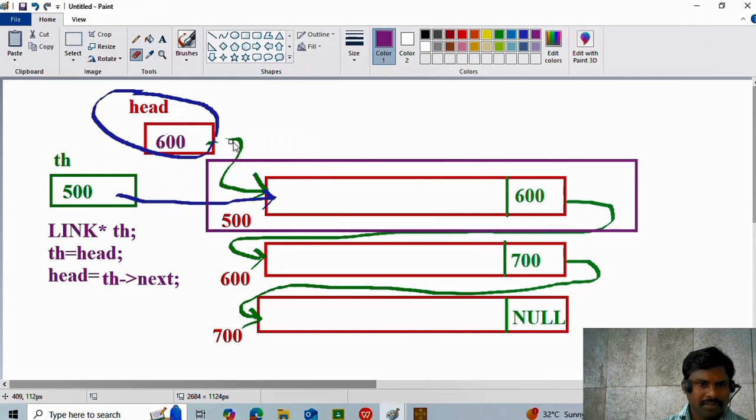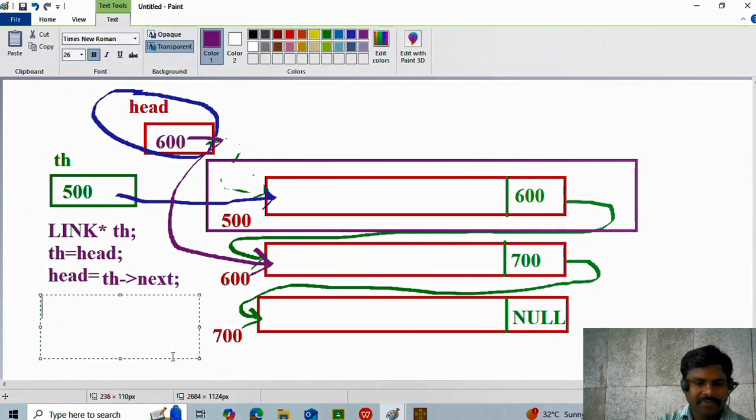Now this link is no more. This 600 is pointing to this one. Our head is 600, next is 700. Okay. Now next you have to remove this one. Remove this 500. How to remove? By using the free function. So free of